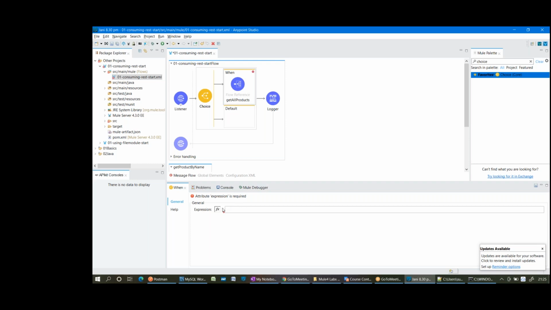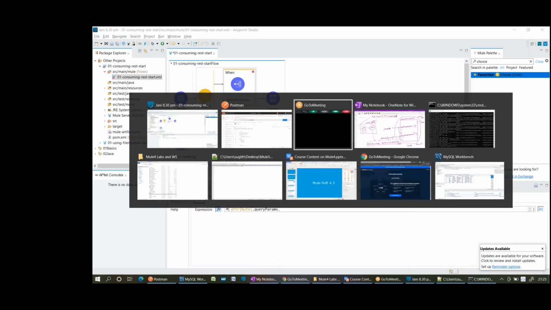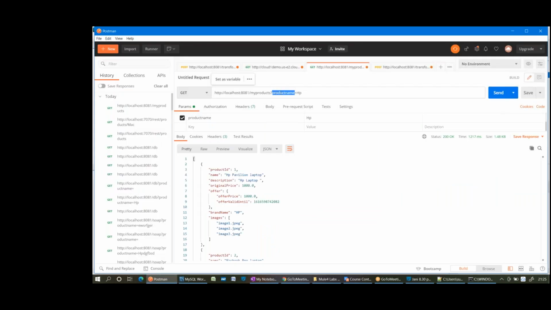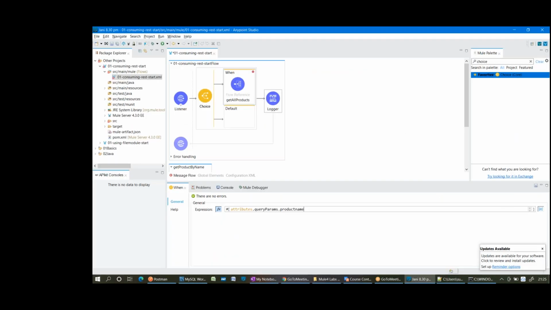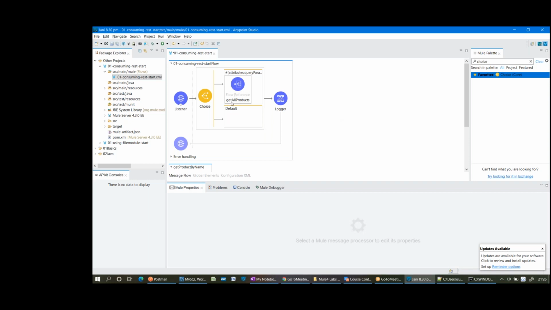When we don't have any product name. So what is the expression I can write? Attributes dot query params dot product name is equal to null. Right? Then it will go to get all products.